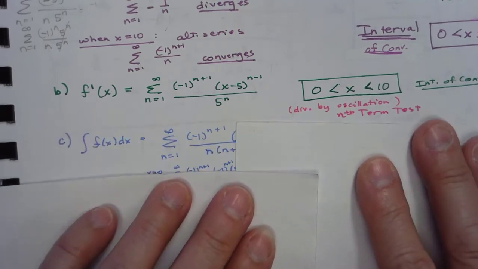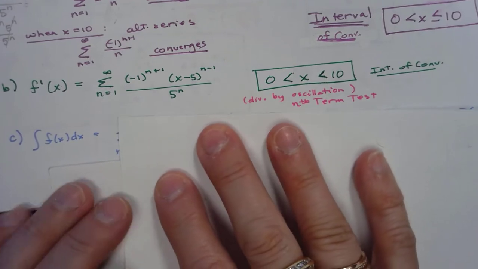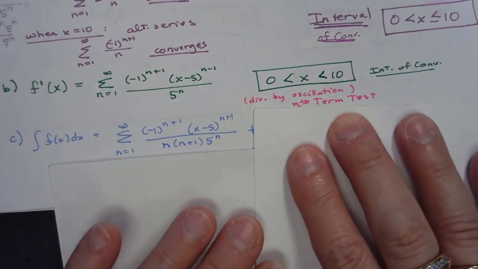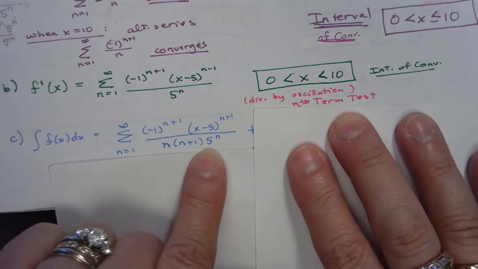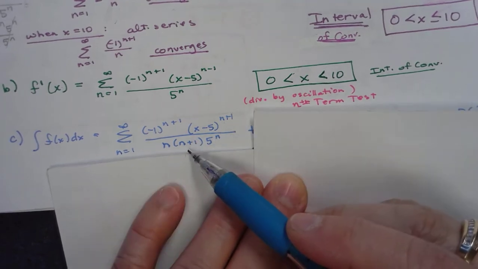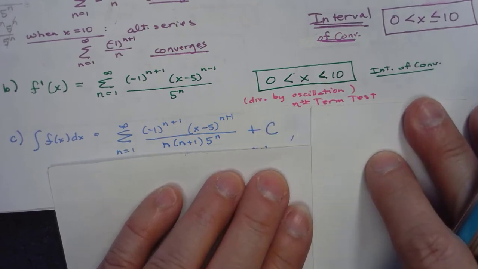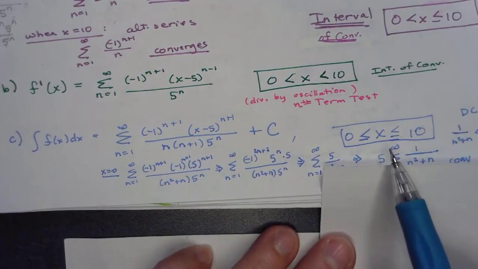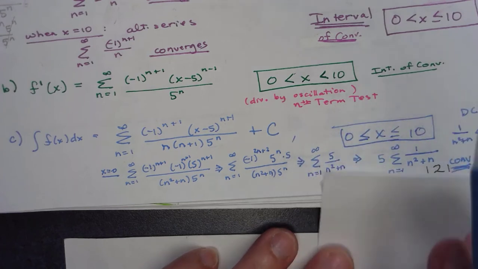And now we're going to do the antiderivative. So the antiderivative of that series is -1 to the n plus 1, x minus 5 to the n plus 1, divided by n times n plus 1 times 5 to the n. Remember, x minus 5 to the n plus 1 divided by n plus 1. The n and 5 to the n were already there. Plus that constant c. So we'll check at 0. So our interval of convergence is, we need to check 0 and 10. So when we